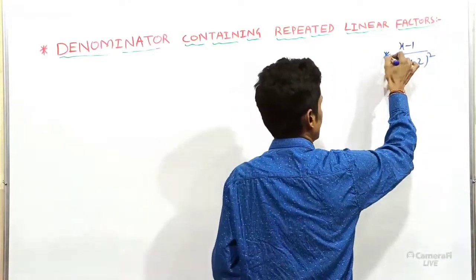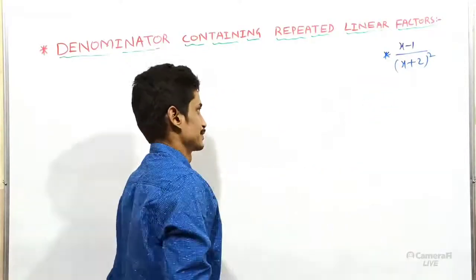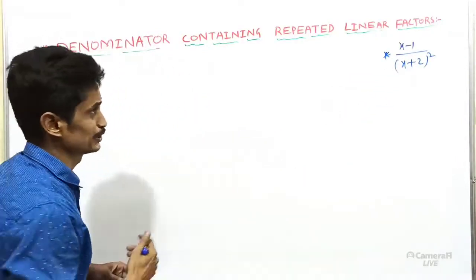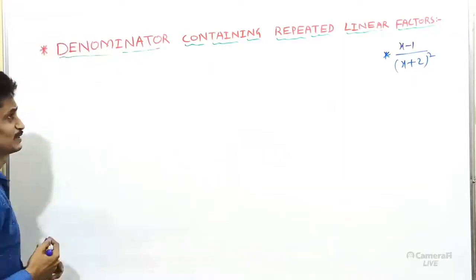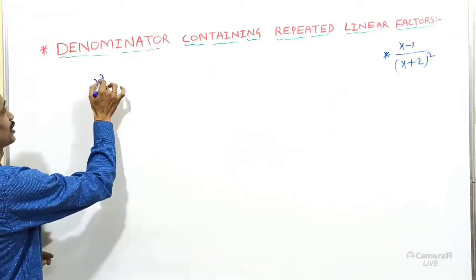Just take this one as homework. Solve by both methods. Next I will move to the highest power, that is the highest power is x square